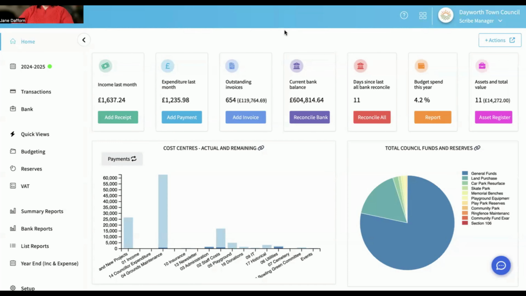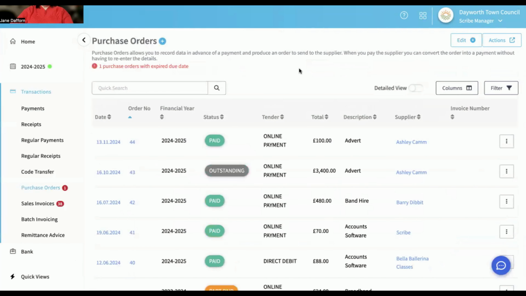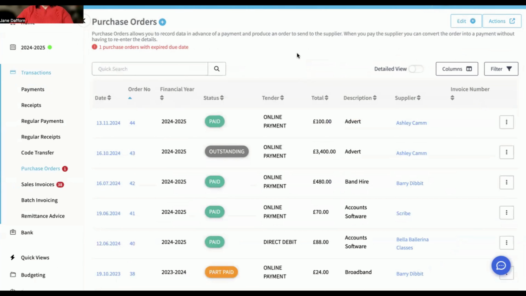Let's take a look at adding a purchase order to Scribe. So the purchase order menu can be found under the transactions menu on the left. Drop that down and click on purchase orders. The main purchase orders screen will show all purchase orders added in this financial year or any that are outstanding